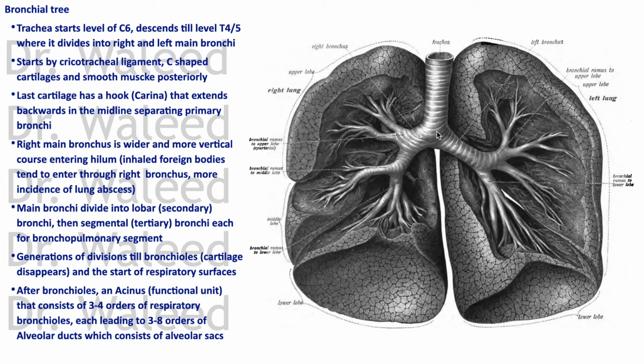Now below the famous plane that passes through the angle of Louis, level between T4 and 5, the trachea splits into right and left main bronchi, and the last cartilage of the trachea is called the carina